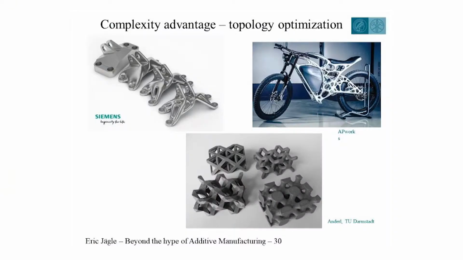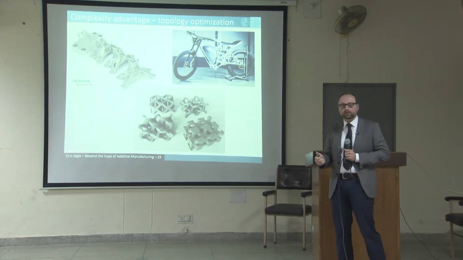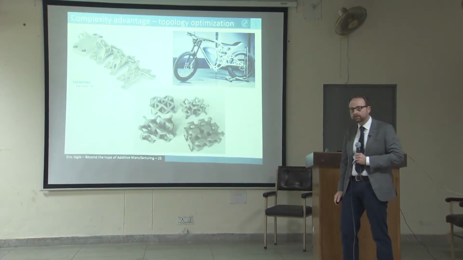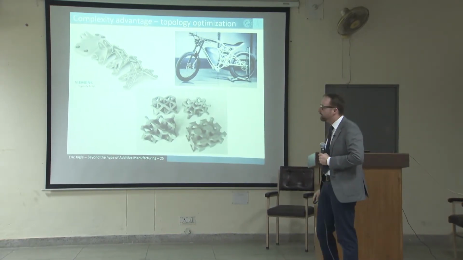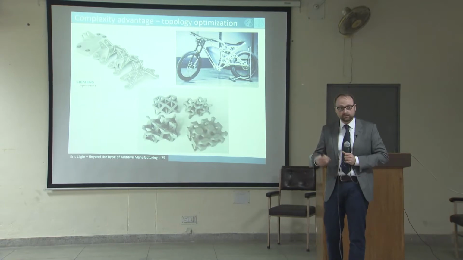Okay, here are more examples of the complexity advantage. You are able to replace something milled like this with something printed like that. You can go crazy and make fully electric motorbikes, for example. You can replace the inside of every part with lattice structures like this. And here I just want to highlight the need for software that can do this topology optimization and that can work with these lattice structures easily. And secondly, the need that design engineers, of course, need to learn about these techniques in order to design parts that take advantage of it.